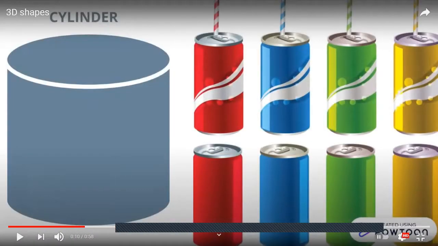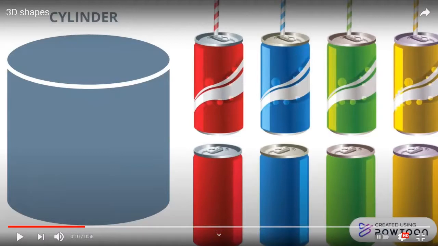Now look at this. This is a cylindrical shape, right? On the left hand side, they have just given you the example just for your understanding. They have drawn a shape without any color. Now this does not belong to anything, but this is just for your understanding. And then on the right hand side, they have shown you the different pictures of drink cans, right? The Pepsi, then we have Sprite or 7 Up, etc. So on the left hand side, they have shown you how this shape looks like, and then on the right hand side they have shown you the examples of it.